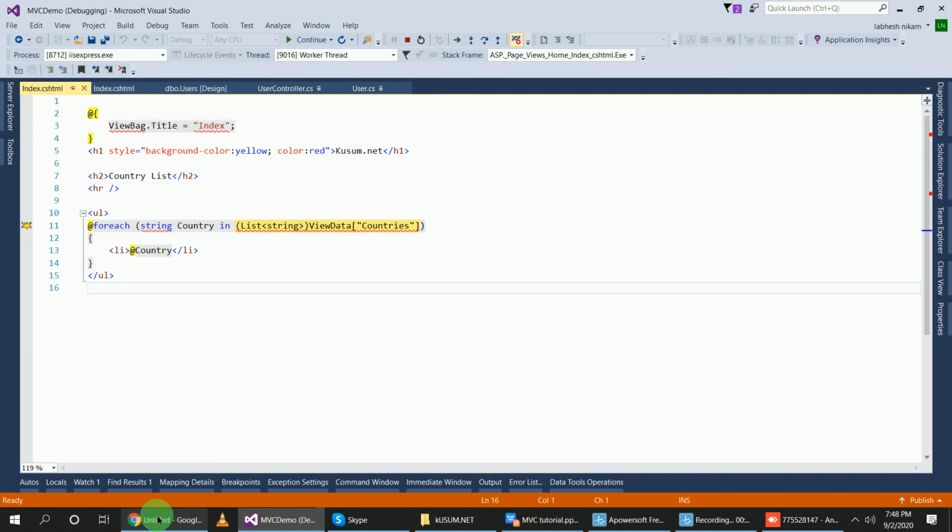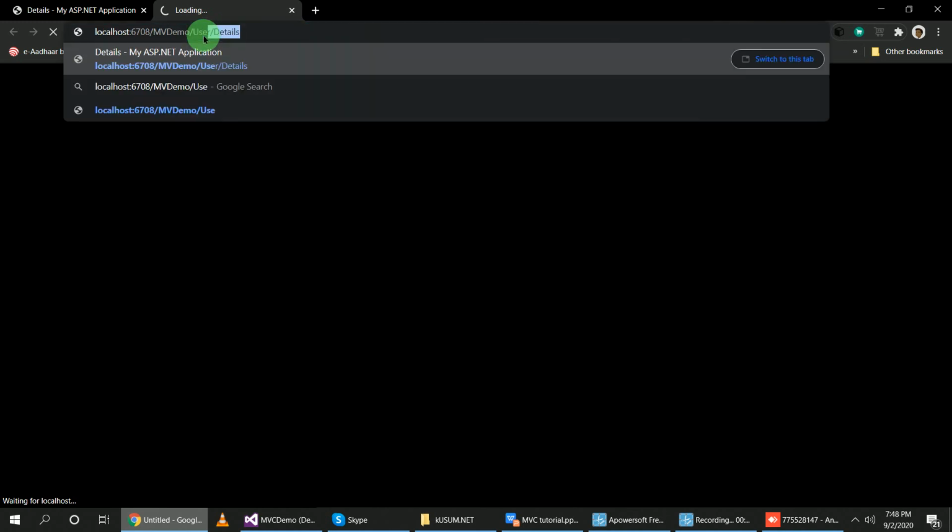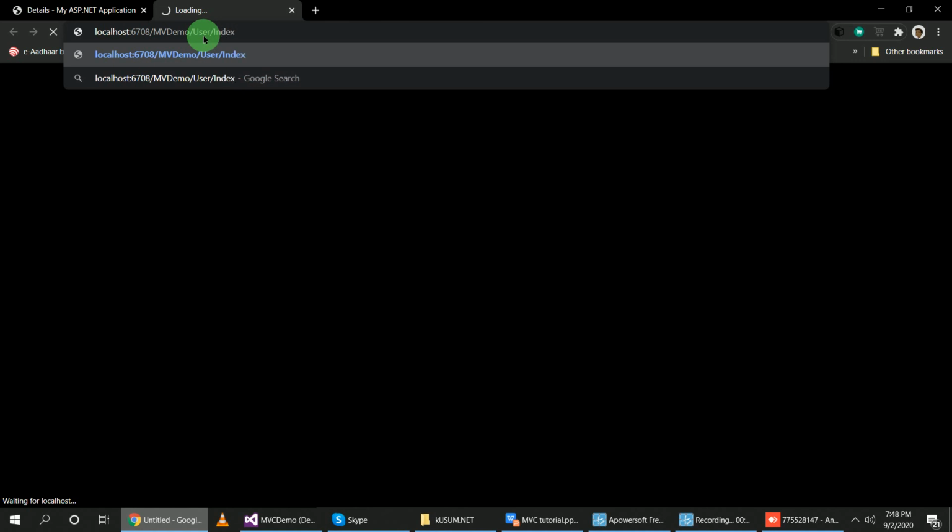It is index. And here it is MVC demo. So pass the controller name, user, and index. Okay. So if you don't pass the correct controller name and index, it will display the error.